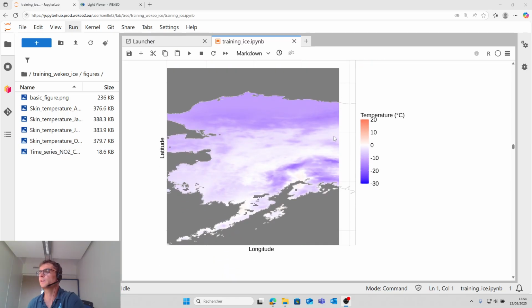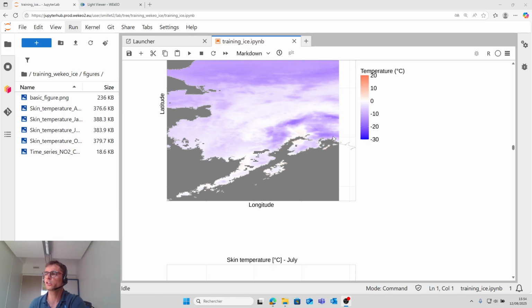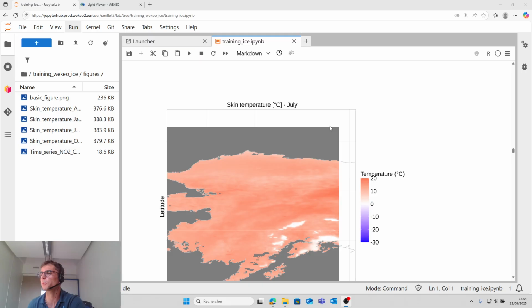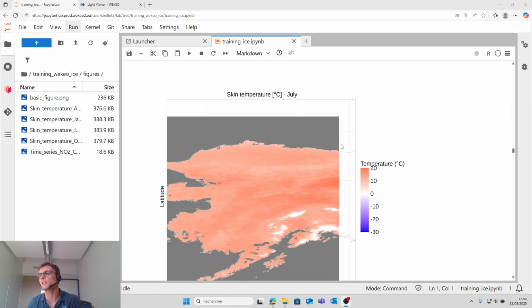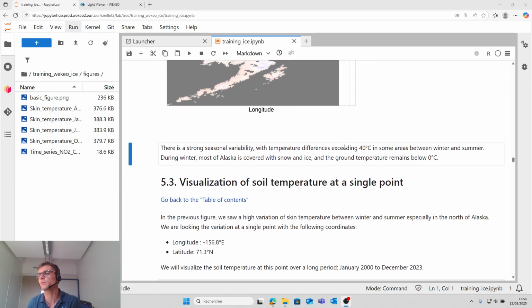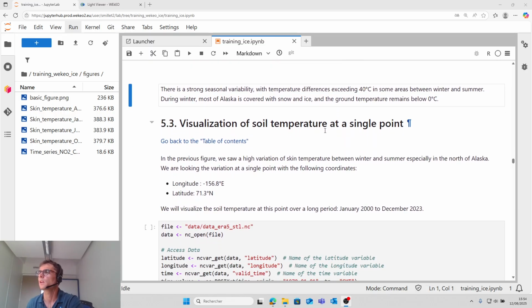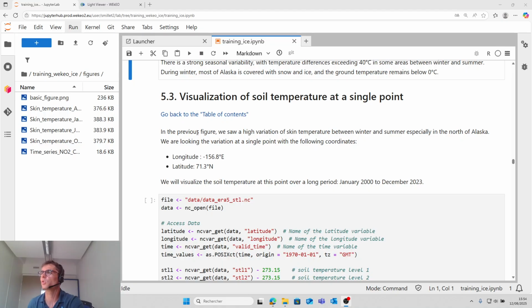Now we will see the soil temperature, because the skin temperature is only on the surface of the ground, and now we will see the temperature at different levels of the ground. So in the previous figure we saw a high variation of skin temperature between winter and summer, especially in the north of Alaska.